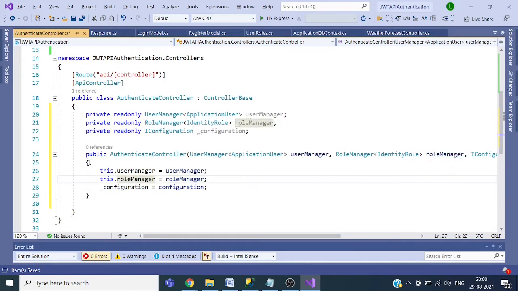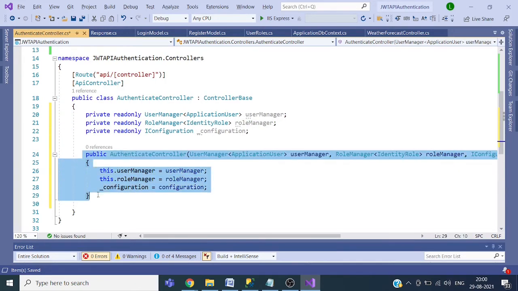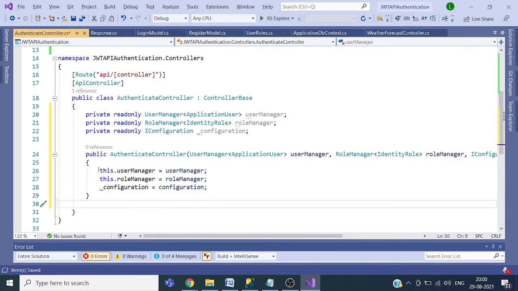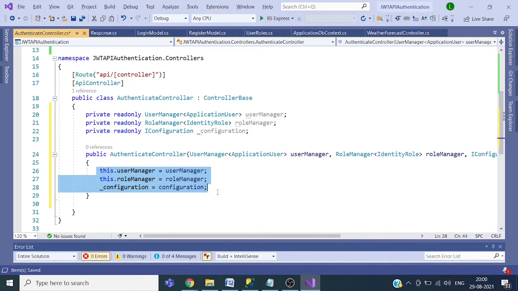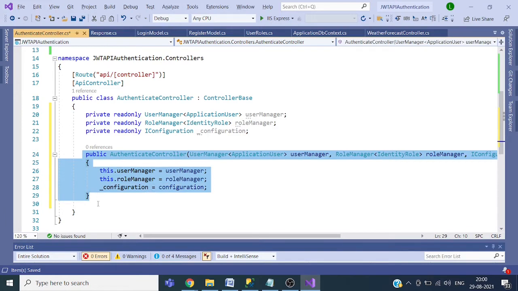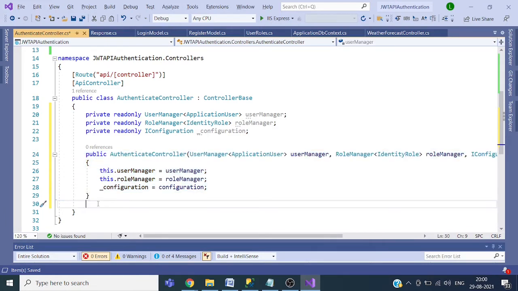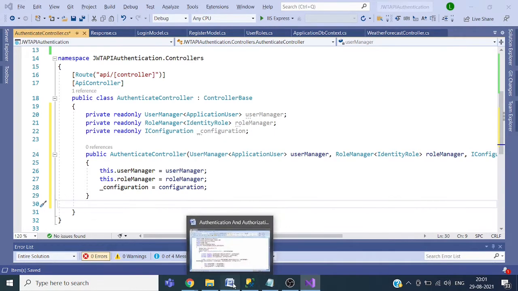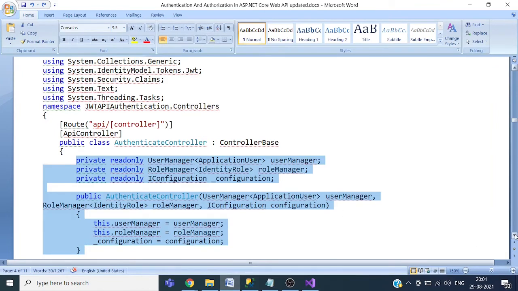They are provided in the constructor, and the constructor will initialize these private fields. So this is the built-in dependency injection in ASP.NET Core. Now the next implementation.